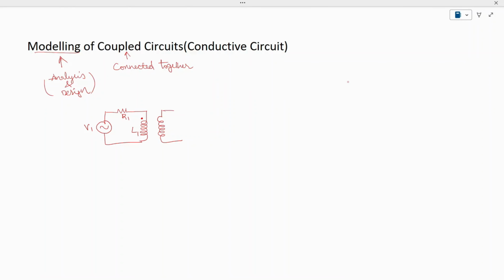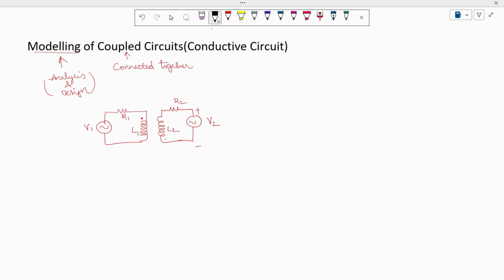This is also an inductor. Inductor means definitely the equivalent circuit consists of a resistor. It consists of a resistor and this is excited with one more source at the secondary side. This is V2, and the resistance of this element is R2 and the inductance of this element is L2, and